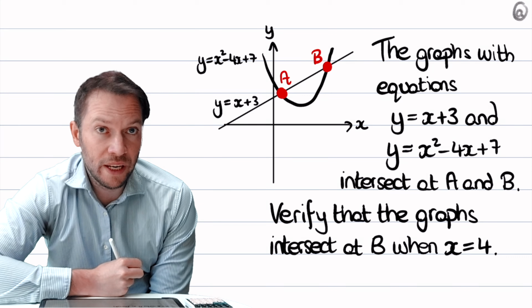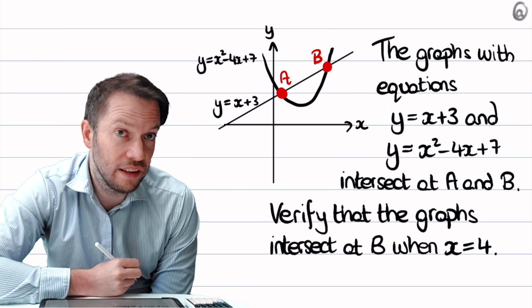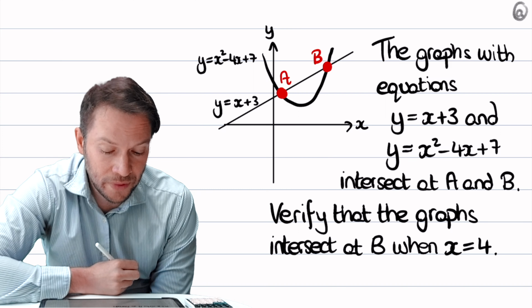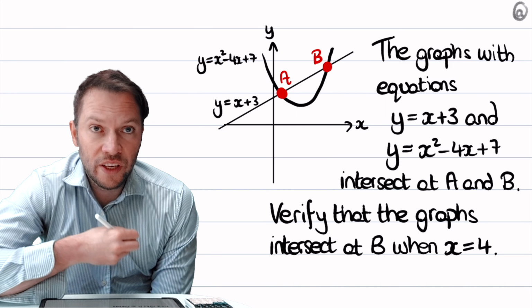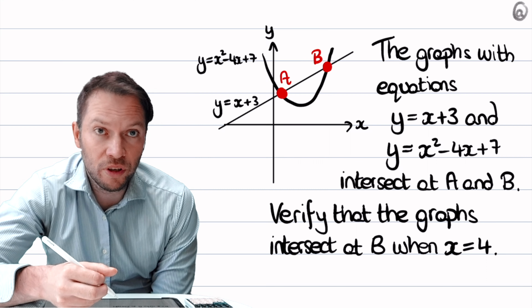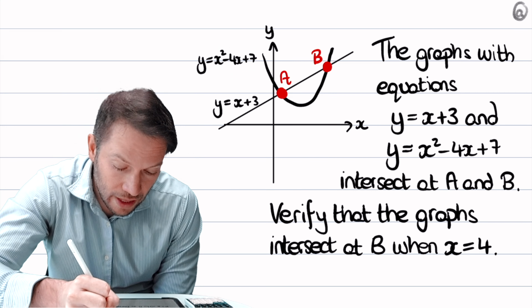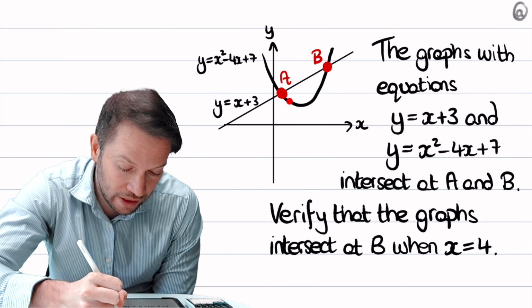Hi, in these videos we're going to explore simultaneous equations where one of the equations is quadratic or nonlinear. Now, let's appreciate the idea of how a graph corresponds to an equation. So for example, if we wanted a graph of the equation y equals x squared minus 4x plus 7, then this graph consists of all points x, y